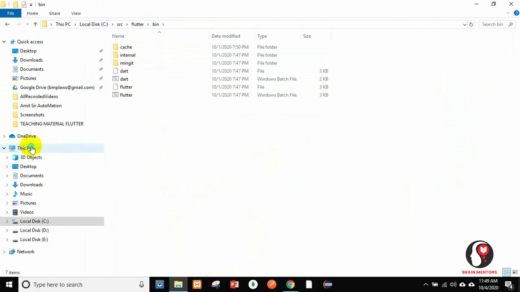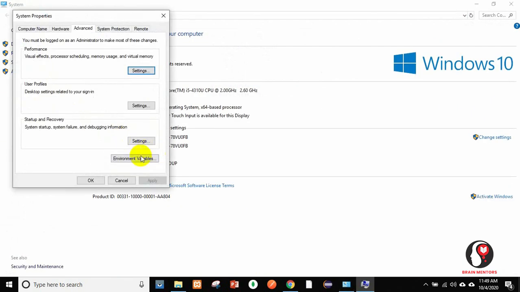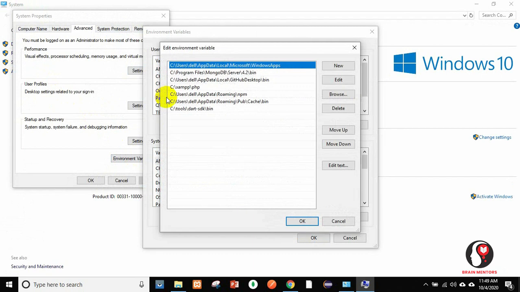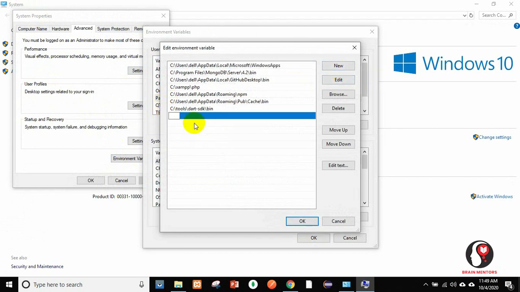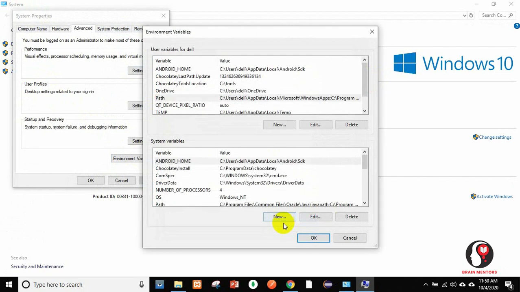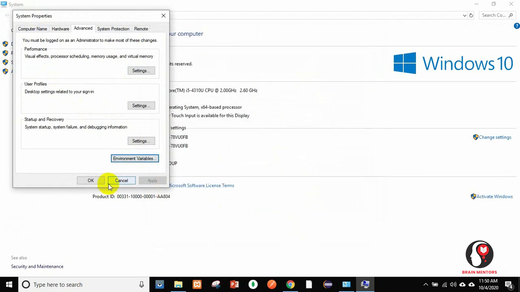For setting the path, right click on This PC, go to Properties, go to Advanced system settings, go to Environment Variables, and in user variables there is a Path variable. Click on New and then specify your path. This is my path till the bin folder, and I need to click on OK. And once the path is set here,